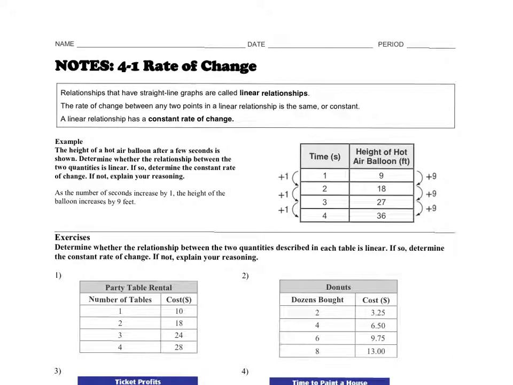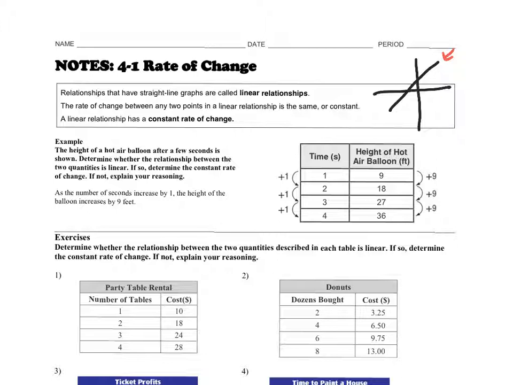Okay, so 4-1 rate of change. Relationships that have straight lines are called linear relationships. When we're talking linear relationships, we're talking about graphing lines like that. This would have a linear relationship because it would be a straight line. The rate of change between any 2 points